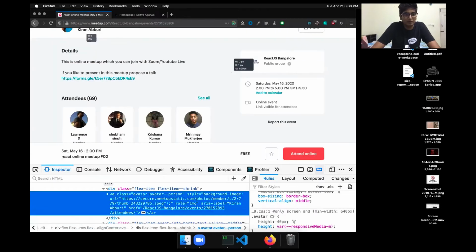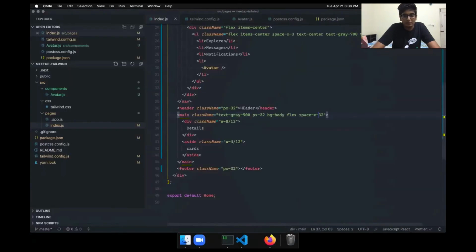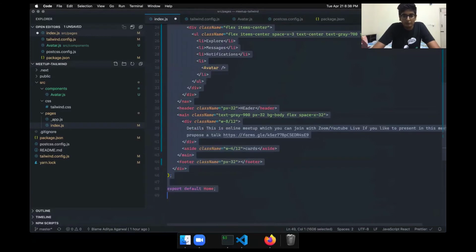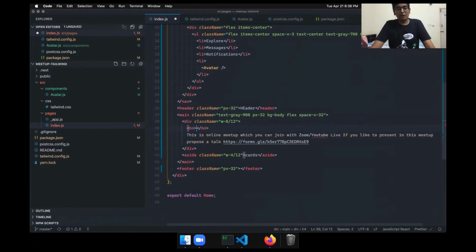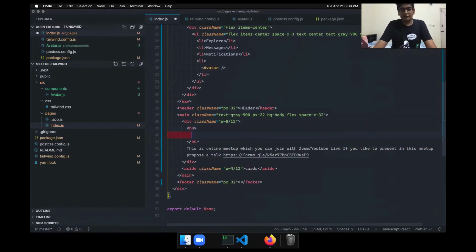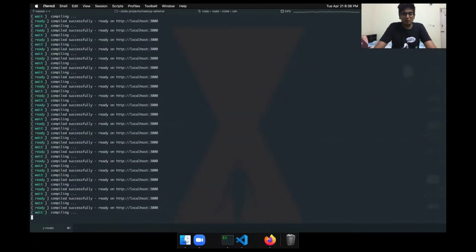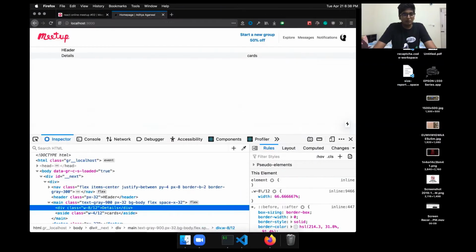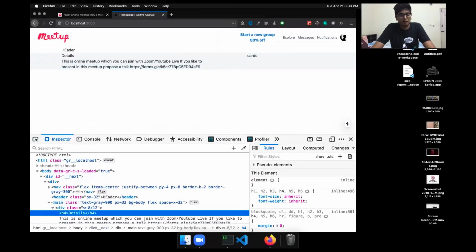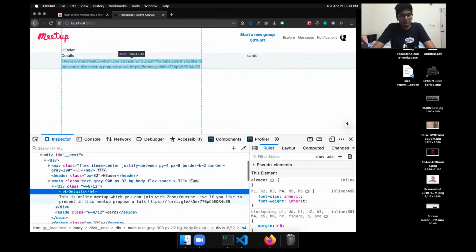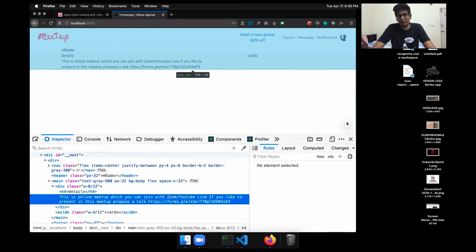Cool. Now let's copy this content. So this details, actually this is a heading. So let's use it. And I won't use the H1 because I think I've read somewhere that for SEO purposes, there should only be one H1 heading in the page. So that's why let's just keep H4 here. Now you'll notice that even though I put H4, this is not bold. This is still normal, it has the same styling as this, because Tailwind uses normalized CSS.